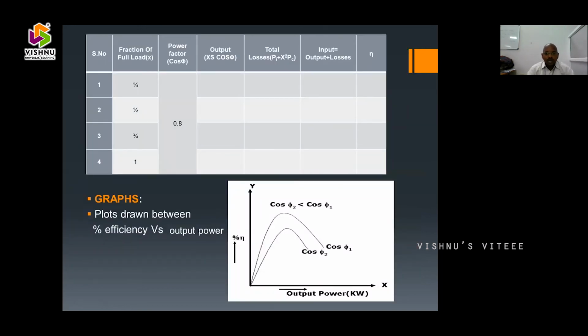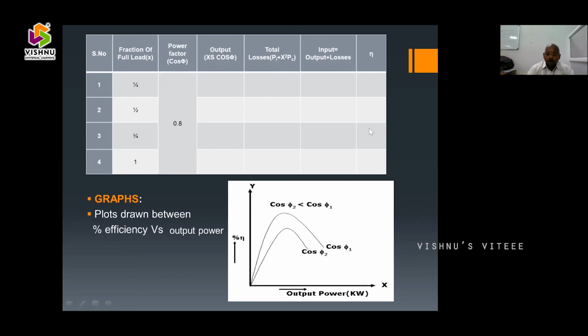This is the tabular column. The fraction of load on the transformer is mentioned as 1 by 4, 1 by 2, 3 by 4 and 1. Similarly, the power factor for all conditions is considered as 0.8, and the output power is x S cos phi, where x is the fraction of load, S is the kVA rating and the power factor is assumed 0.8. So we calculate the output power, and the total losses are constant losses plus x square into copper losses. By adding output power and total losses we get the input power. Finally, efficiency is output power by input power. After getting the efficiency